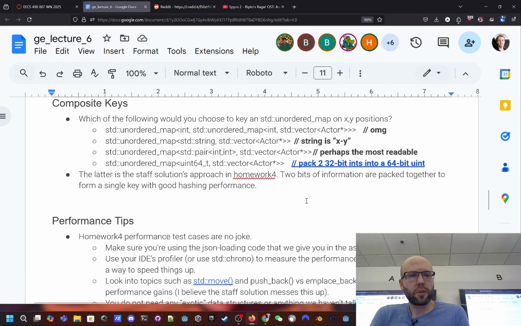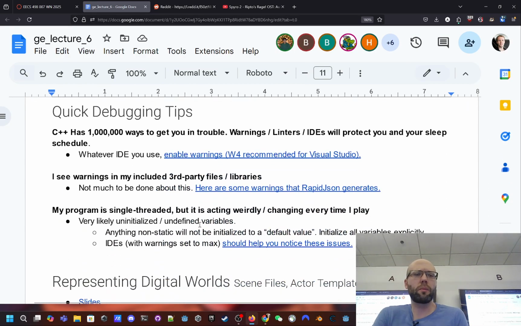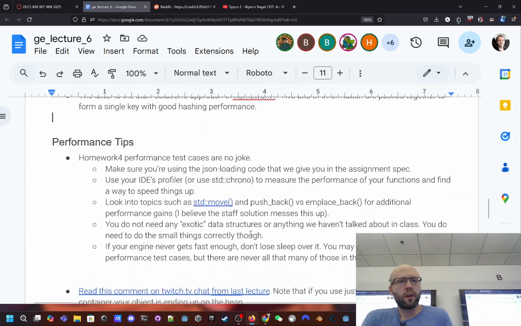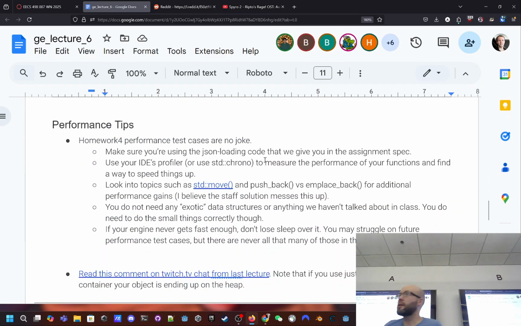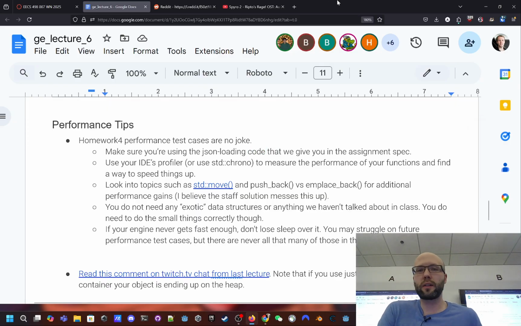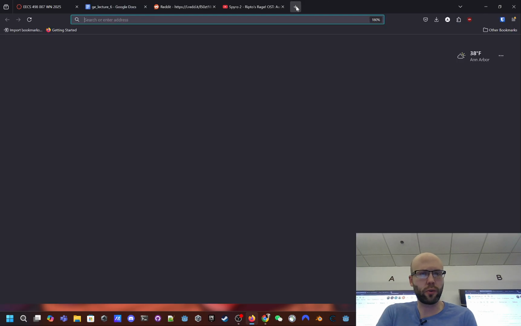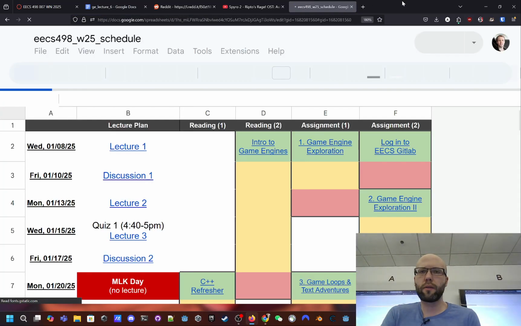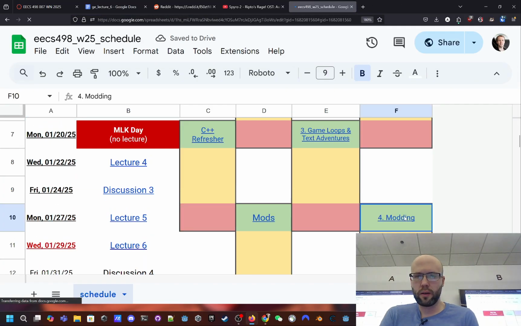Okay. So some general performance tips, and then we'll get into our main lecture content down here. Homework 4 performance test cases really aren't a joke. They are pretty difficult, okay? You're going to want to make sure that you look at the homework 4 assignment spec pretty closely. We provide sample code for certain things, like loading JSON in. And as far as our experiments last year, that was the fastest way we were able to find to do it. So if you go to 498, if you go to the assignment spec,